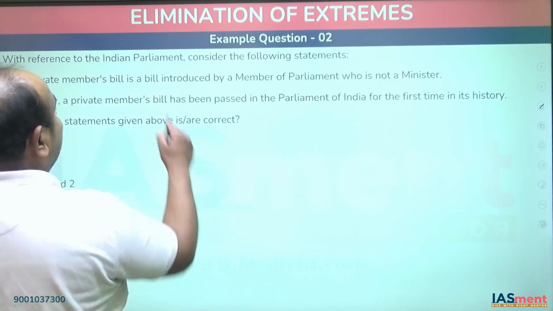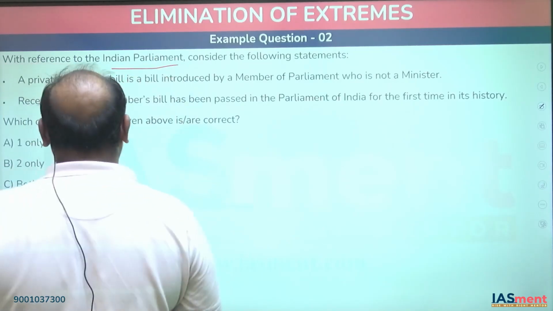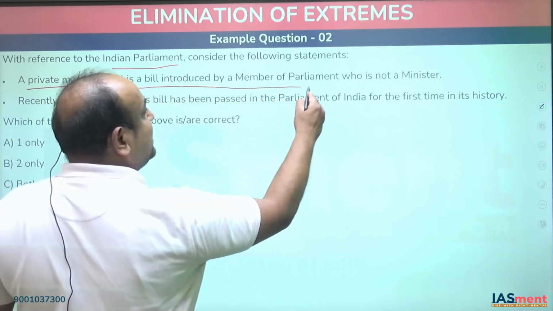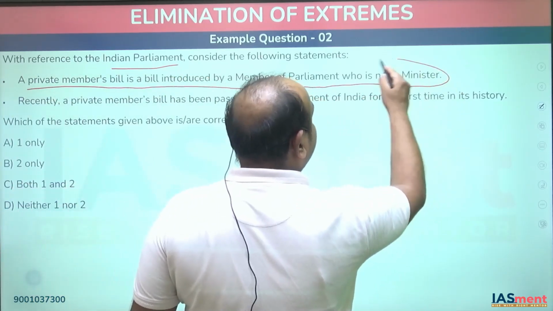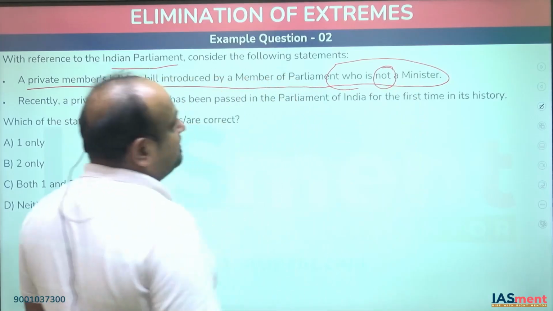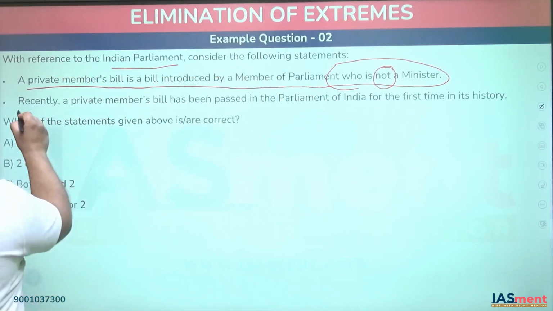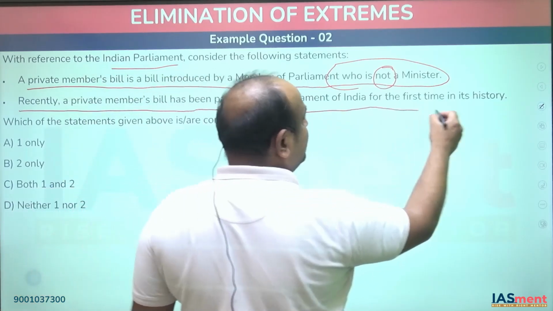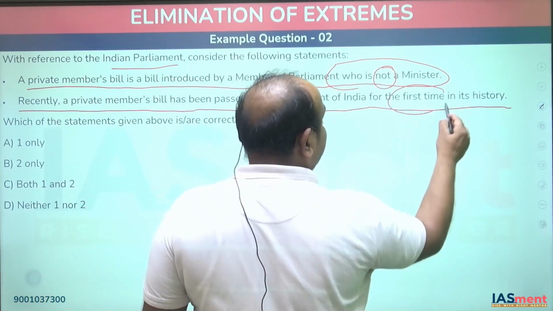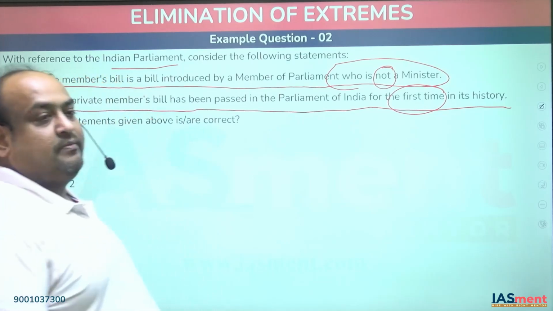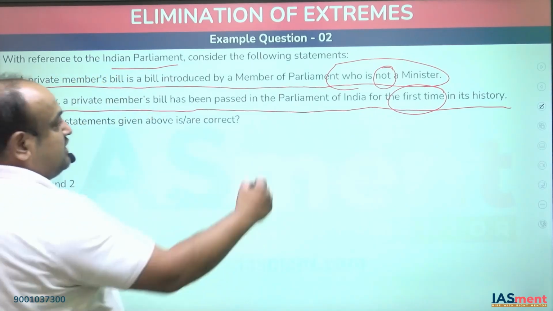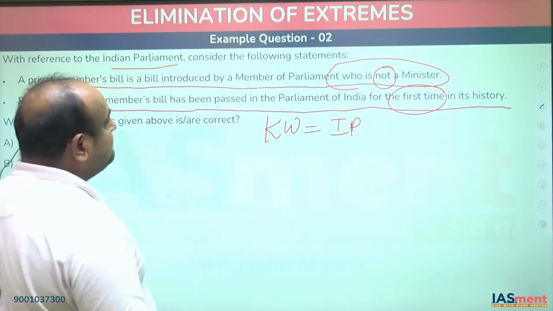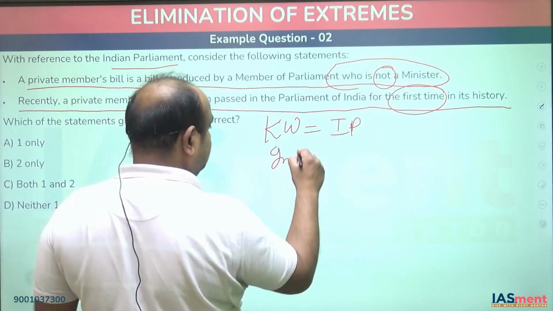With reference to Indian Parliament, consider the following statements. A private member bill is a bill introduced by a member of parliament who is not a minister. Recently, a private member bill has been passed in the Parliament of India for the first time in its history. Keyword: Indian Parliament. Intent: